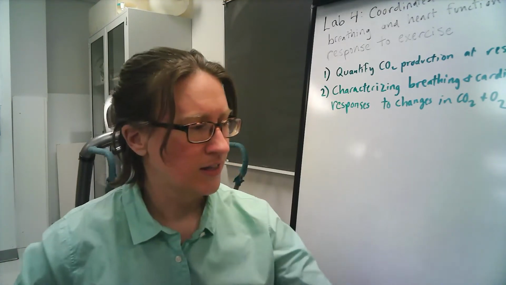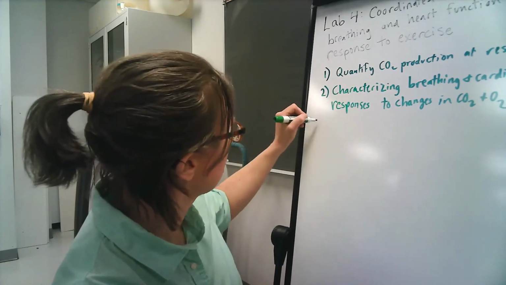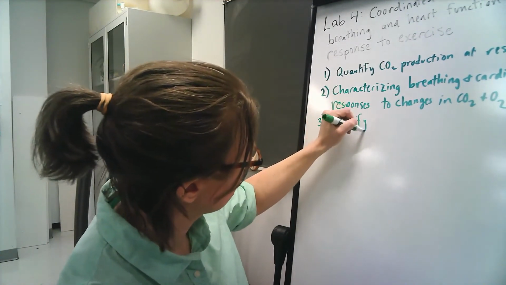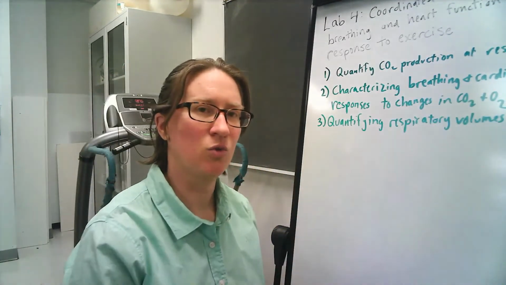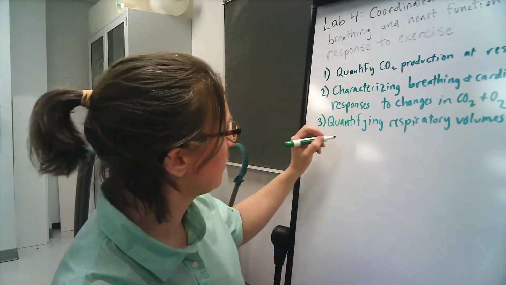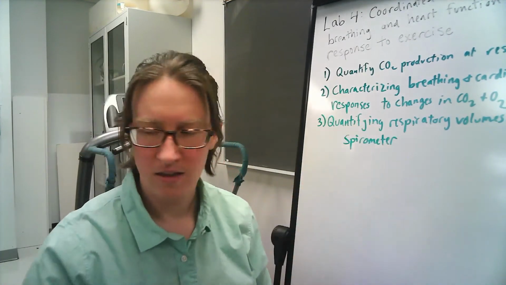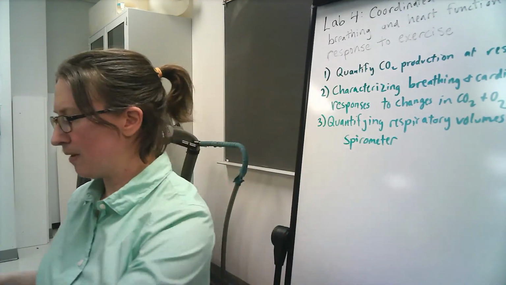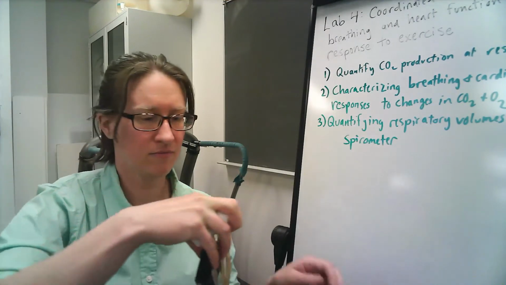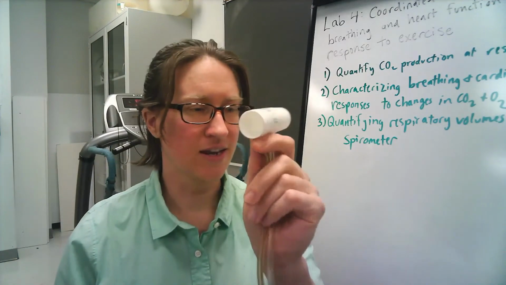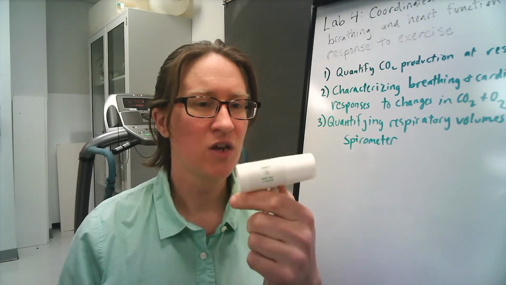The third goal in this lab is to learn how to quantify respiratory volumes. And the main tool for quantifying respiratory volumes is called a spirometer. So a spirometer consists of a mouthpiece that looks like this that has a piece of fine mesh in it,